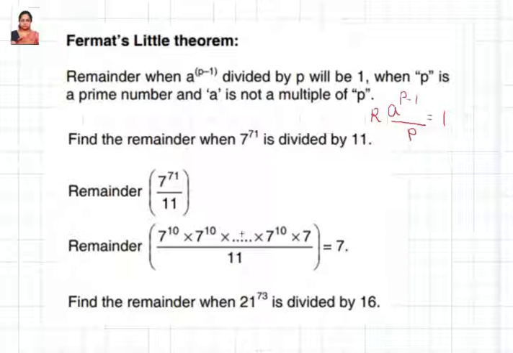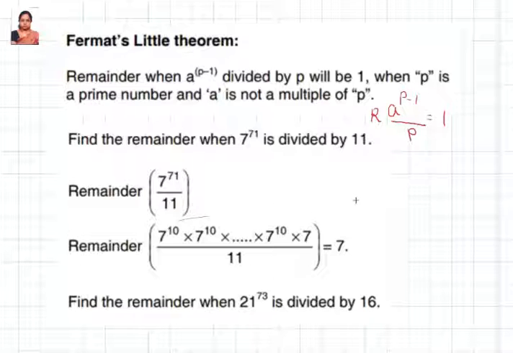So when you write it in this form, you know that 7 power 71 can be written as 7 power 10 into 7 power 10 into 7 power 10, and so on. All these powers will be added. So it's going to be 7 times, which is going to be 70, into 7. Why into 7? Because we need 71. So 10 of them we have taken here. So there's one more we are taking here, by 11.